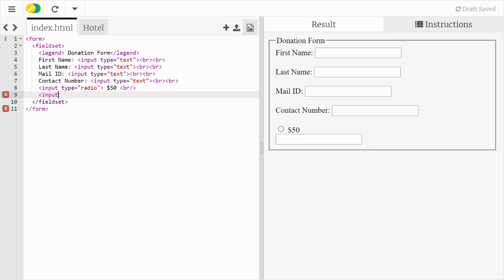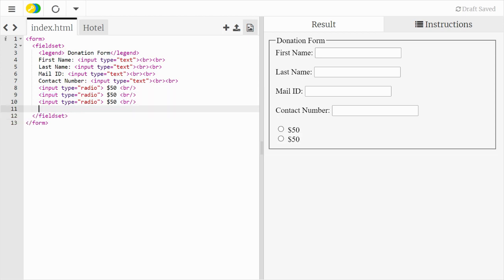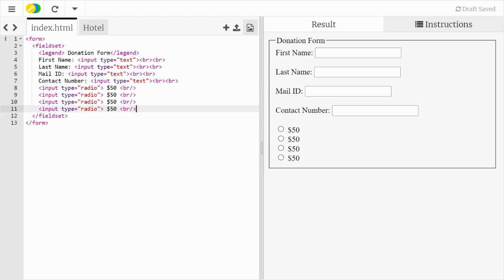I'm going to copy and paste this, but I need four. However many rupees you want to add, you can add up to that. I'm adding until 150 and 200.